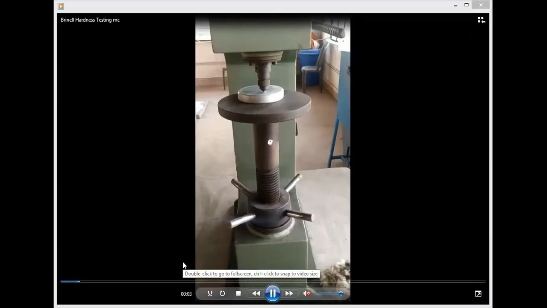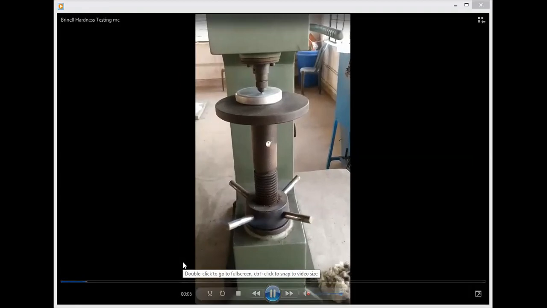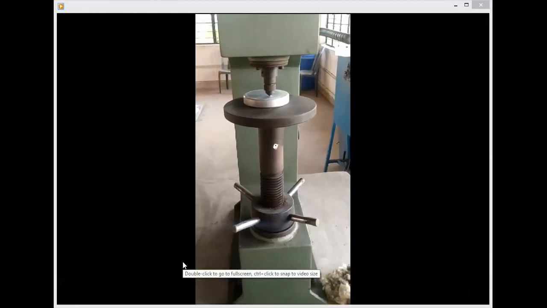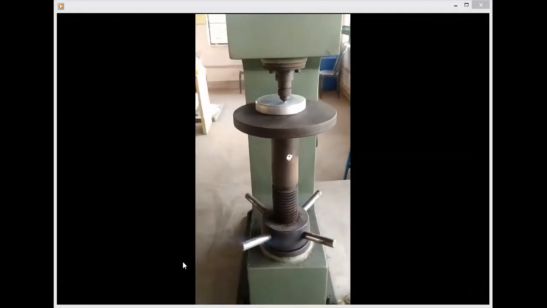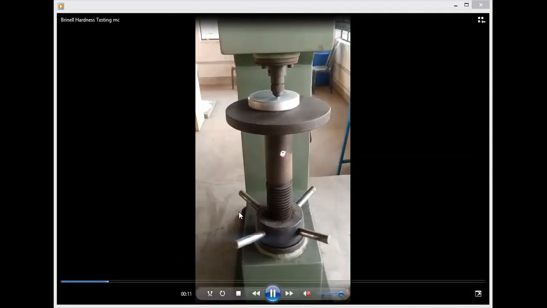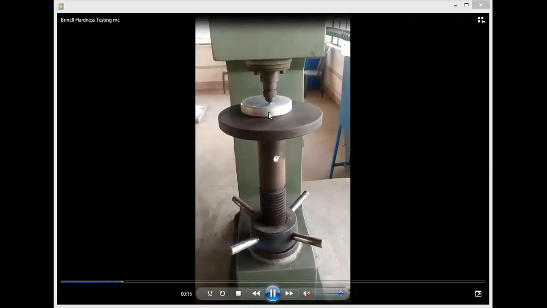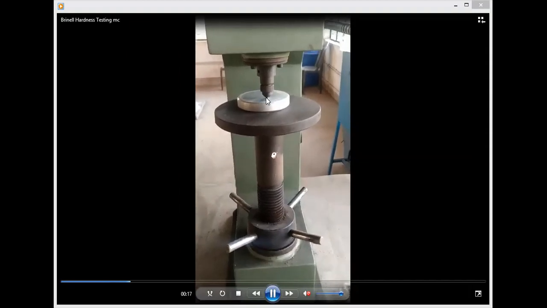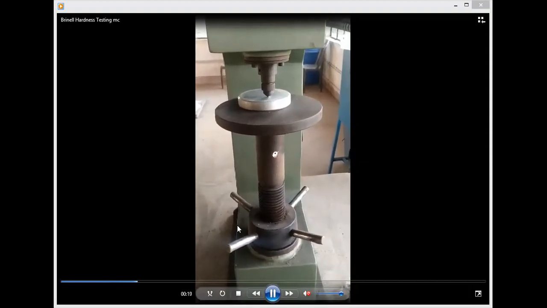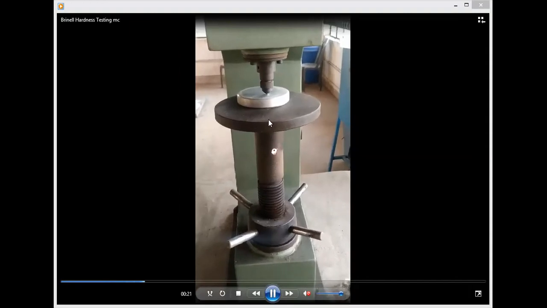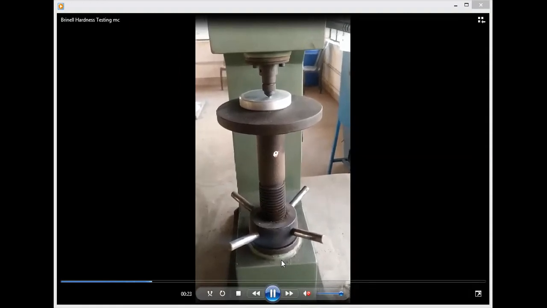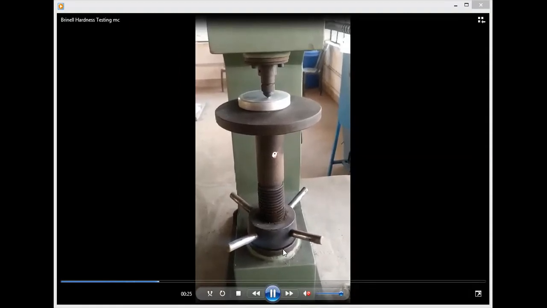This is the process of hardness testing, the Brinell hardness testing device. Now, here an aluminum workpiece is placed, an indenter is fixed, and the platform is moved upward by anti-clockwise rotation of the rod itself.